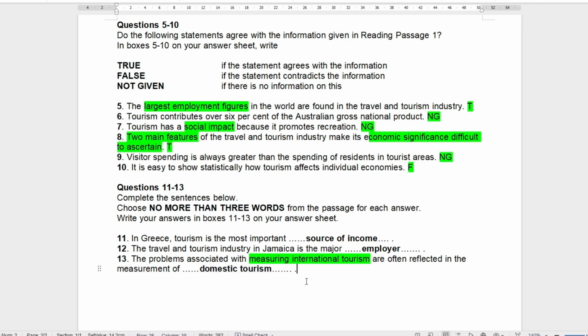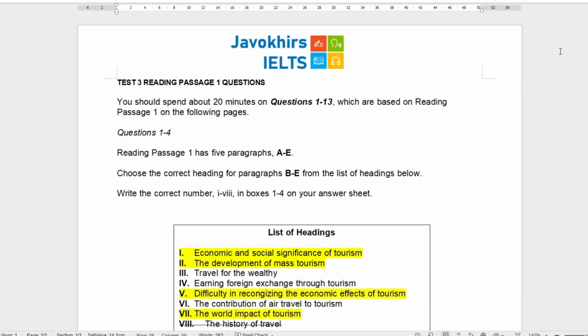So yeah, there we go, guys. We have officially finished passage number 1, test number 3. In the following video, we're going to be talking about passage number 2, which I don't really know what it is going to be about, but I think I remember. I think it's going to be some sort of autumn leaves.